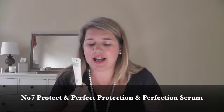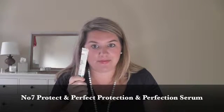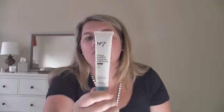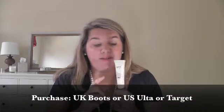The second one on my list that I love is number 7. Now this is their Protect and Perfect Intense Serum. Let me again move it towards you. Now number 7 is a range from a UK chemist, so an equivalent to a Walgreens or a CVS, called Boots. And this range, number 7, has won so many beauty awards, but you can get it here in the United States. In fact, I buy a lot of my products, particularly the serum is the one that I tend to use a lot,